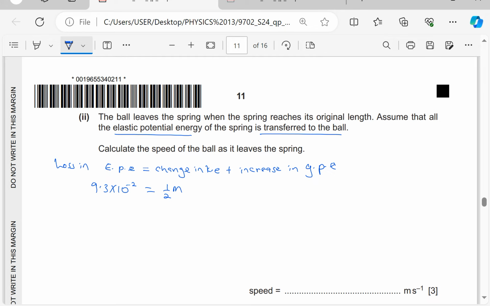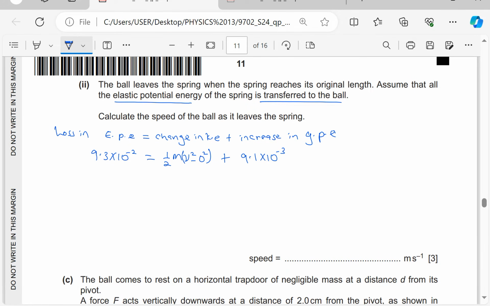Let's say velocity changes from a certain velocity with which it is projected to 0 when it reaches the maximum height. So I'll just put here v squared, or it will be v squared minus 0 squared at the highest point. That is the change in kinetic energy. Then plus the increase in gravitational potential energy, which we have got as 9.1 times 10 to the power of minus 3. So I'll simply say that a half times the mass of the ball, which was 4.5 times 10 to the power of minus 2, v squared